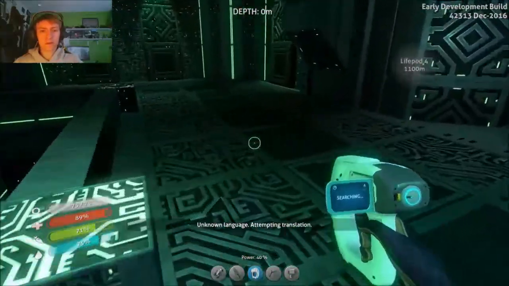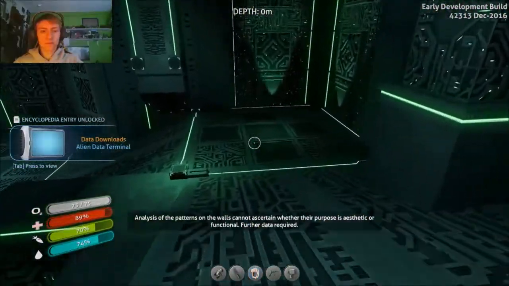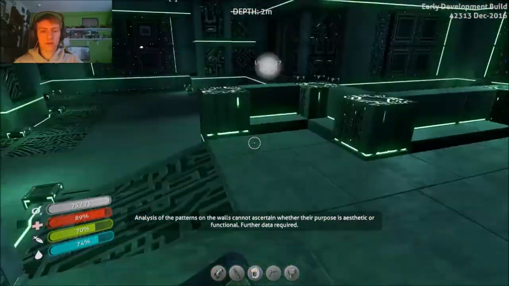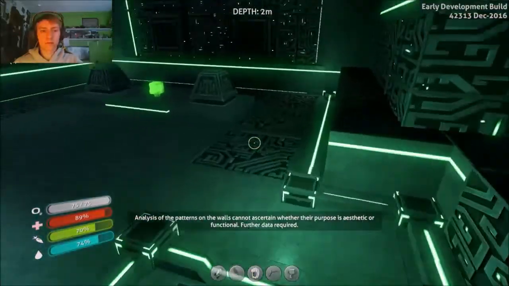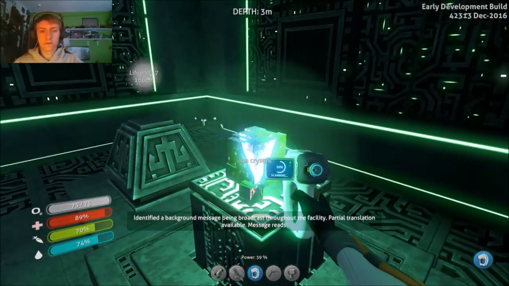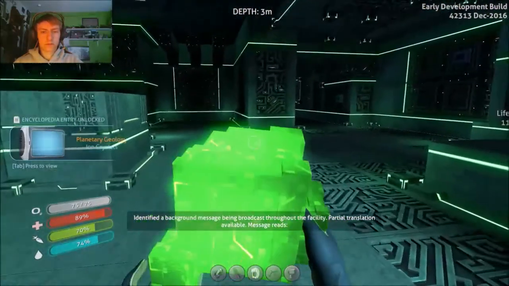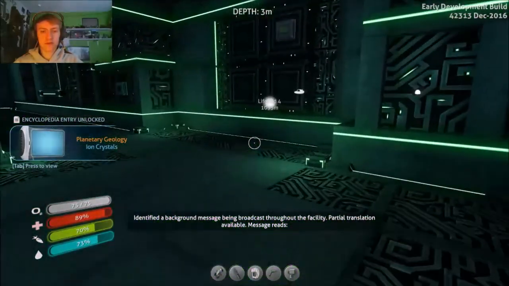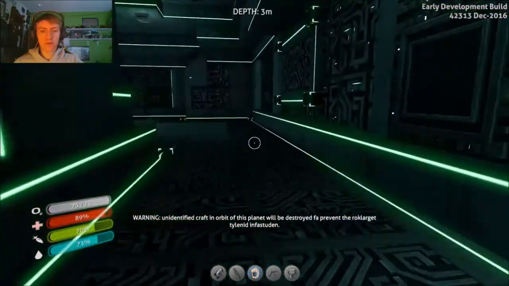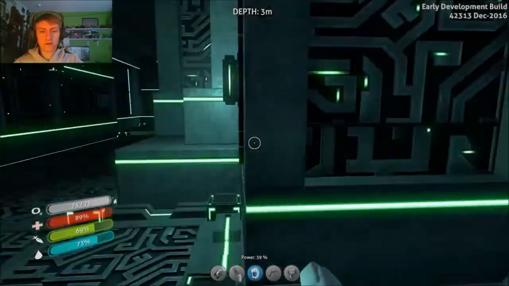Unknown language, attempting... Analysis of the pattern of the walls cannot be certain whether they are just aesthetic or functional. Partial translation available. The message reads: unidentified craft in orbit of this planet will be destroyed to prevent...